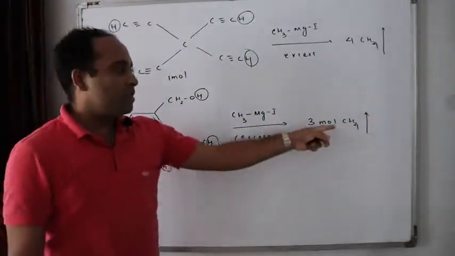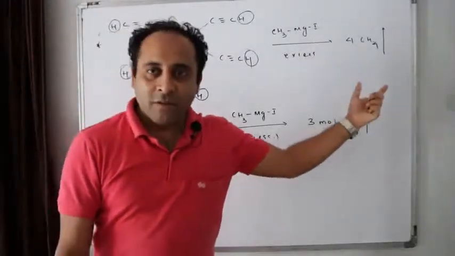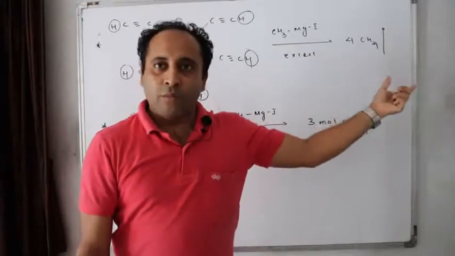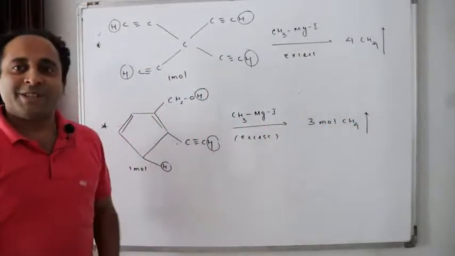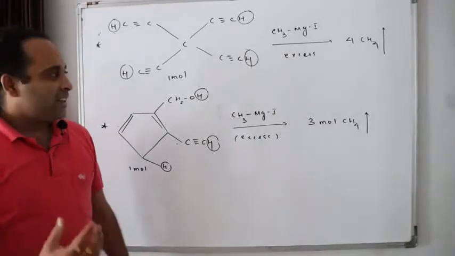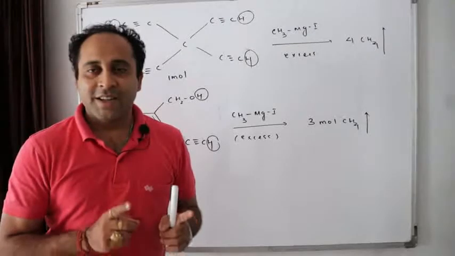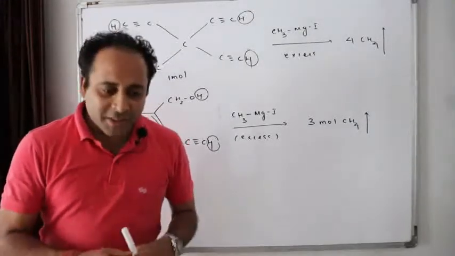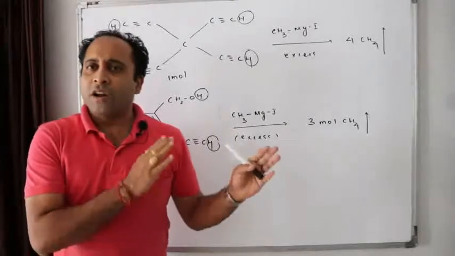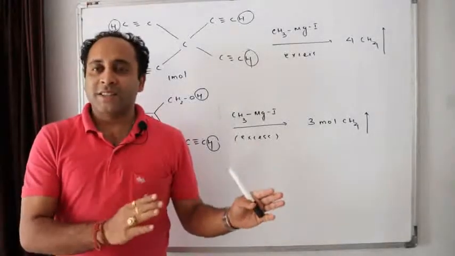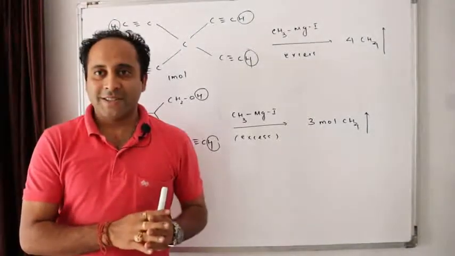By knowing how many moles of methane are formed, if I collect this gas, I can know the number of moles by PV = nRT. By knowing the number of moles of methane, I can know the number of active hydrogen. Isn't it? Yes or no? Clear? Concept clear? Now, before starting SN2H, just go through my notes or revise my videos so that you can understand this SN2H, and it is a very important concept.